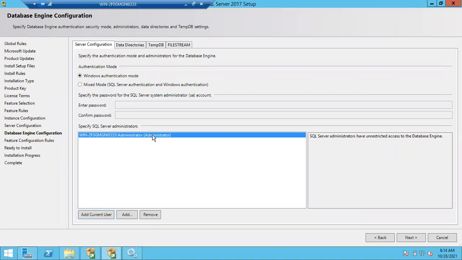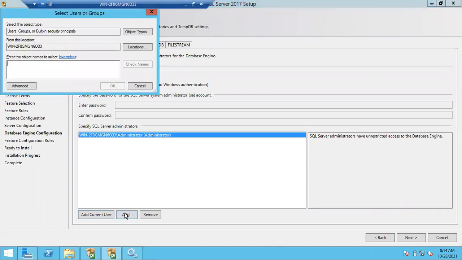So what I have to do, if other DBAs have to connect, I have to click on this Add button. There will be teams in the organization. DBA team will be there, SQL DBA team will be there. Team DL, distribution list, will be there, like SQL_DBAs@accenture.com, SQL_DBAs@tcs.com. Like that, one group is already created for your team. Simply you have to add your group here, SQL_DBAs@accenture.com. As of now, I won't get it, okay, why?